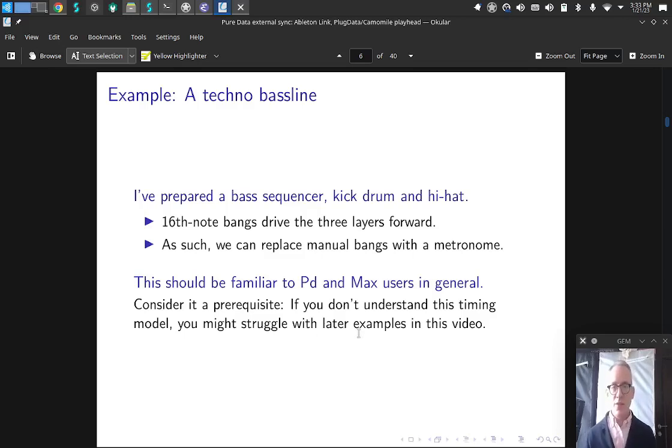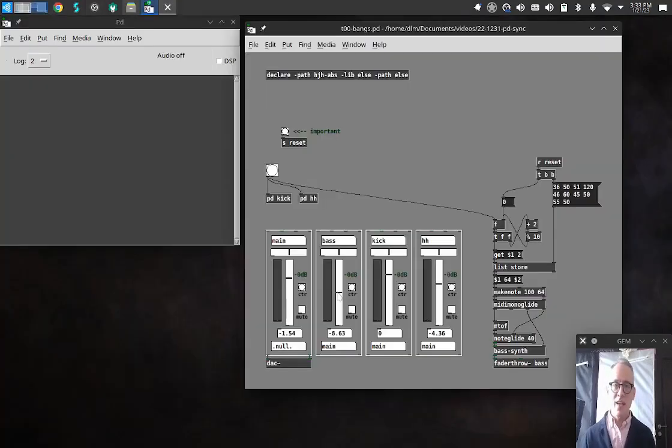As a demonstration, especially since we talk about sync, we want something with a pulse. So I prepared a bass line, a kick drum, and a hi-hat, which is right here. Let's make sure DSP is running. If you look in the lower left of the patch window, you'll see a mixing console. These are objects in my abstraction pack. I find them very helpful. The sequencer in this example advances when it receives a bang. It will advance by a 16th note. So we do need to initialize it, and we get event, bass note,